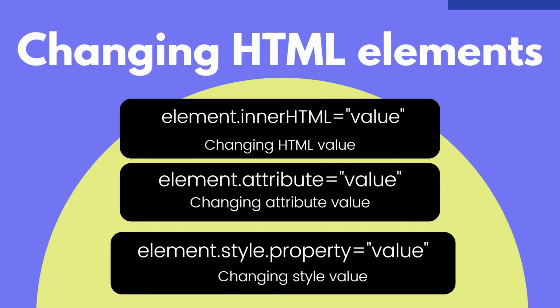And next we have the property, means style property, through which we can change the CSS or cascading style sheet of an element. And when I am saying element dot inner HTML, we are going to add the HTML to the element which we are mentioning. And when I am talking about element dot attribute, element means document dot get element by id, and we have to mention the attribute like source and href link, and we can mention many of the things. And in the element dot style property we are able to change the style of the element.